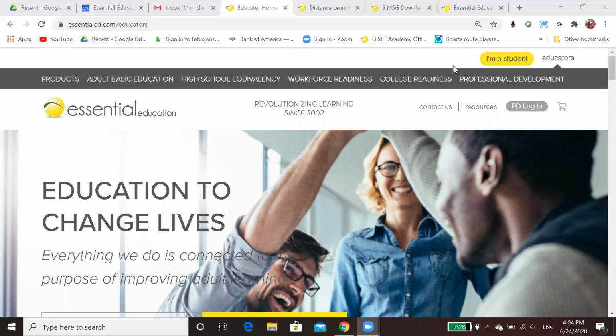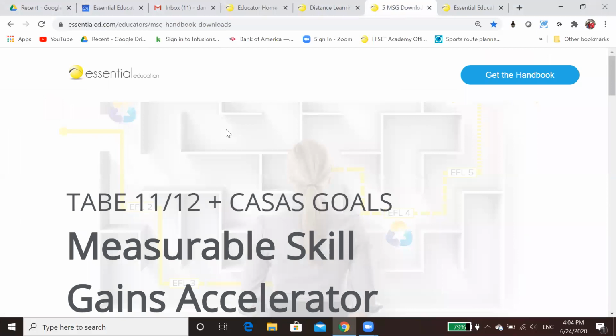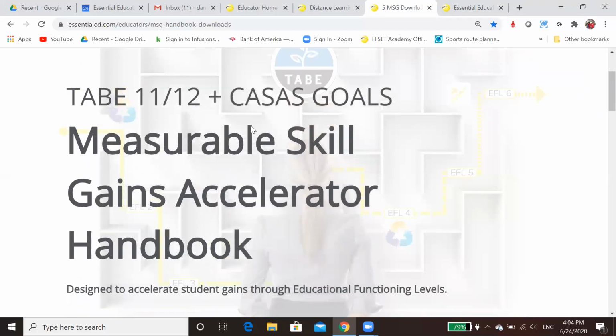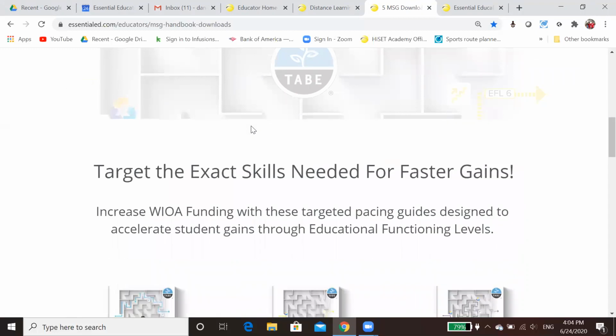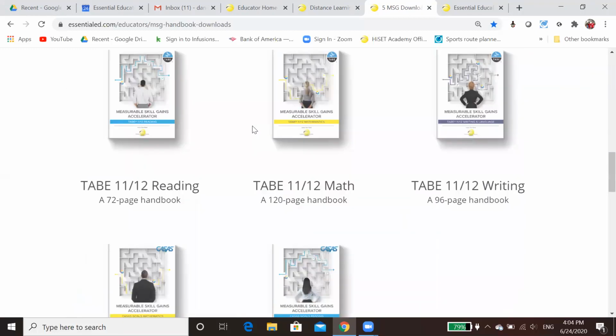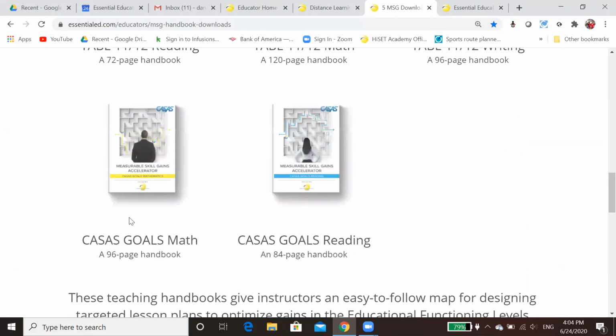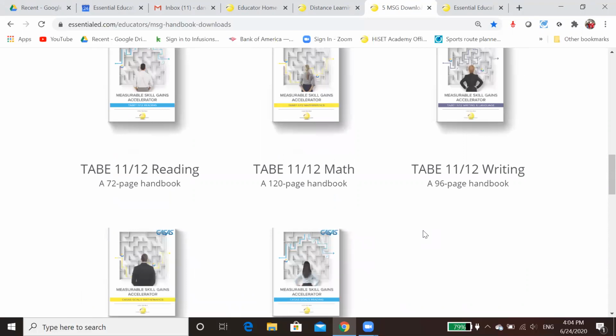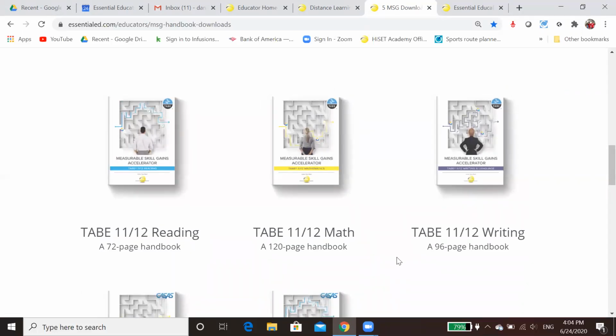Now, two things that we offer under professional development I want to focus on. One is our Measurable Skill Gains Accelerators. We just launched this series. It's a series of workbooks or handbooks, I guess you would say, that are designed to help you plot the course to measurable skill gains. So we have 3 distinct books for TABE, a TABE 11-12 Reading, TABE 11-12 Math, and TABE 11-12 Writing, and 2 for CASAS Goals. So depending on which state you're in and which of these assessments you use, the MSG Handbooks are designed to help you